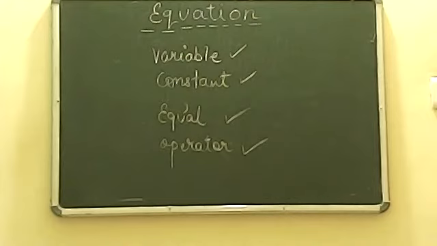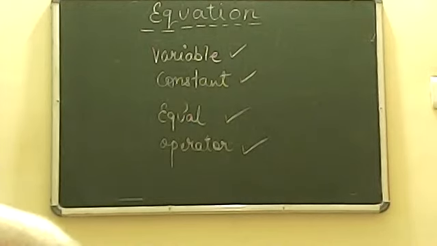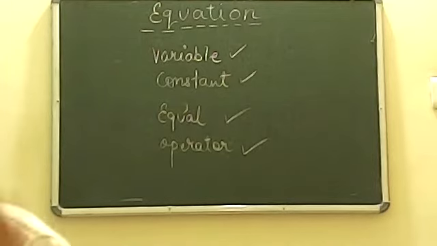So the question comes like 11.5, question number 1: state which of the following are equations with a variable, means there should be a variable. Give reason for your answer. Identify the variable from the equation with a variable. Now question number 1. See this, for an equation you should have a variable. You can have a constant, if a constant is not there, then also fine. You can have an operator as well. And also very, very important, an equal sign. There should be equality in it.